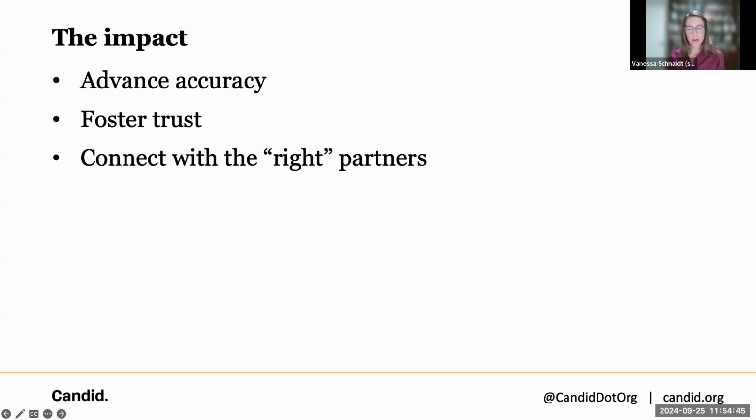So why does all of this matter? What benefits have we seen at Cause as a result of doing this? Well, telling our story means that audiences have a clear, more accurate picture of what we do and our broader vision for the change that we seek to create. It also means greater transparency around challenges and change. And that transparency, in our experience, fosters trust and helps us connect with the partners that are the right fit for us. Right? We don't need to be all things to all people, but we do want to find our kindred spirits out there who want to be part of this broader vision with us.